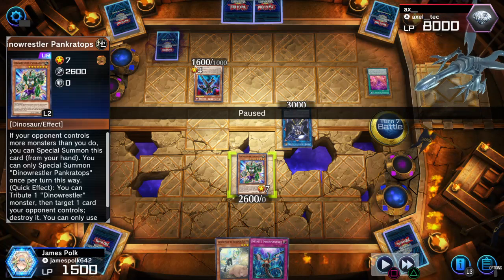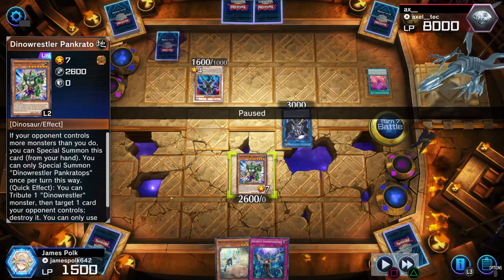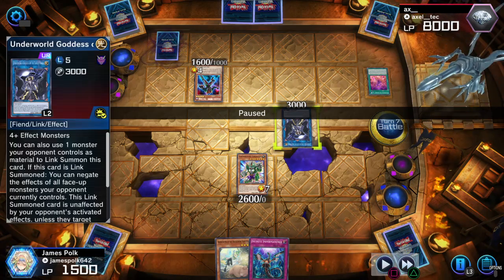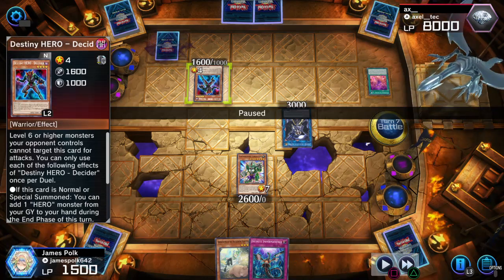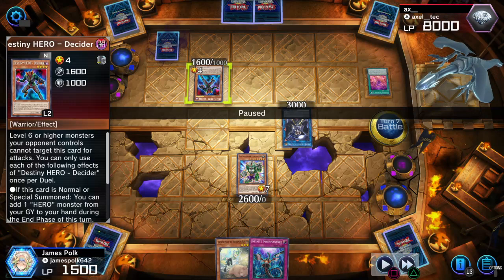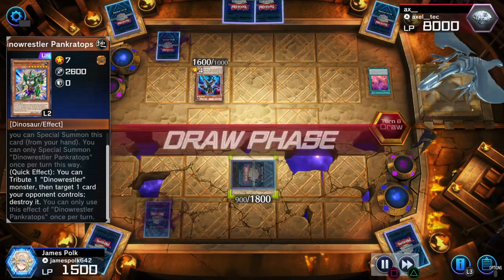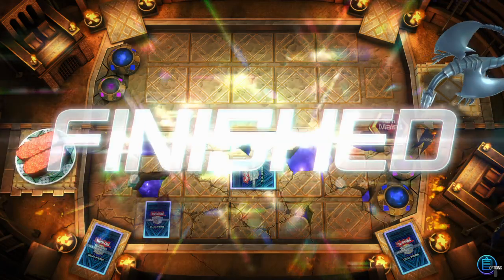Now, as for the battle phase, originally, the idea with this combo involving the Pankratops itself, my original game plan was attack over Decider, and then Pankratops tribute itself to get rid of Underworld Goddess. But because my Pankratops is level 6 or higher, most cases being 7, Pankratops is not allowed to attack the Decider. So I am forced to tribute Pankratops to get rid of the goddess after all this time to deal with. Set Awakening Forest, set in Perm. And then next turn,